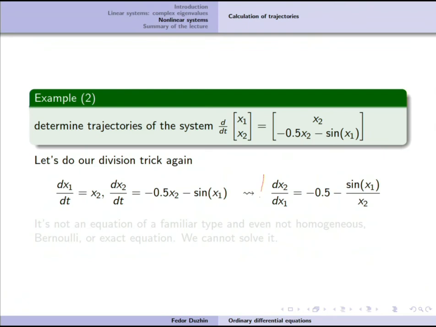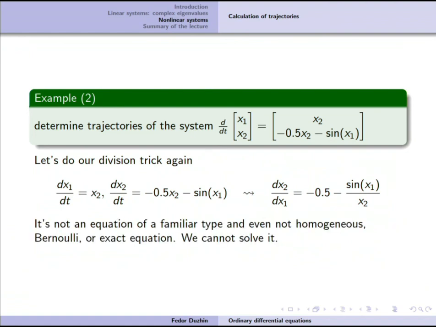And then we get this differential equation. Recall that in the previous example, what we got was a separable equation. Now it is not separable. And I dare you to try to solve it in, say, Wolfram Alpha. It cannot solve it. So this is not an equation of a familiar or even an unfamiliar type that I know of. Believe me, you simply cannot solve it. Which may be a bit discouraging, but it just means that here the trick doesn't work. Luckily, there are other things that we can do, but I'm going to talk about